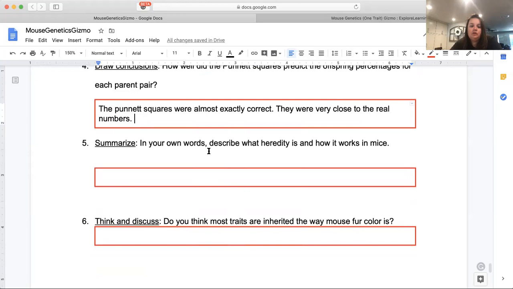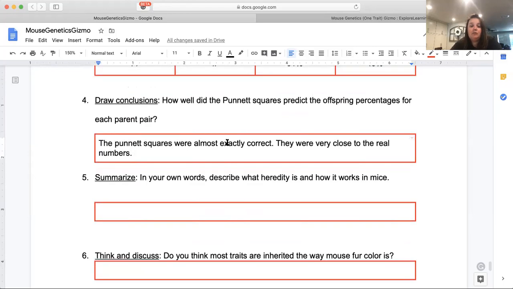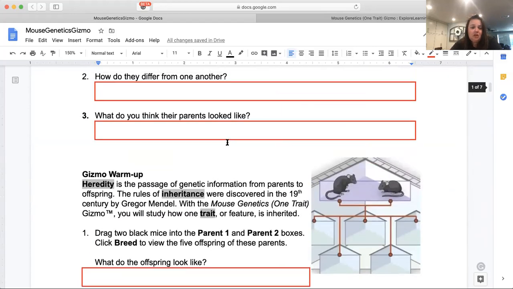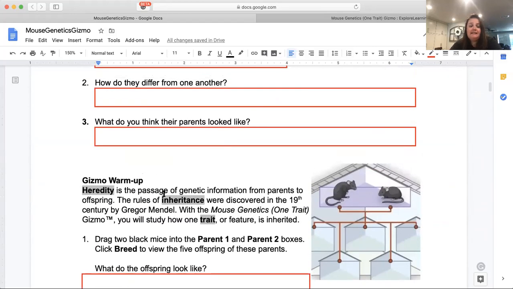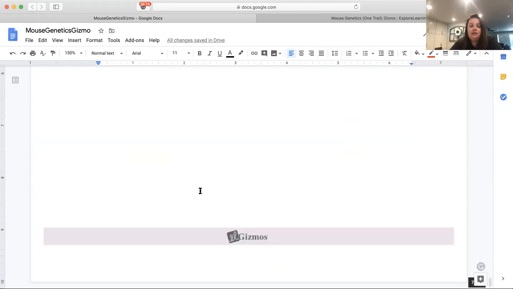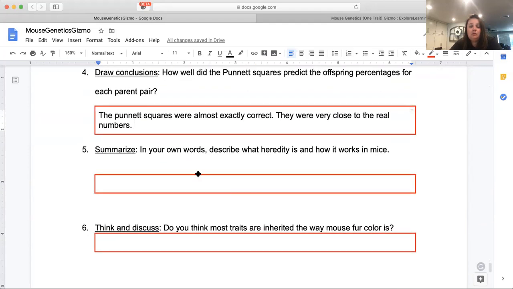So it says, summarize in your own words, describe what heredity is and how it works in mice. So if we can go all the way back up to the beginning of your worksheet, it says, heredity is the passage of genetic information from parents to offspring. Okay, so in your own words, describe what it is. Heredity is the passage of a trait, like, what did we just study? Fur color from parent to offspring